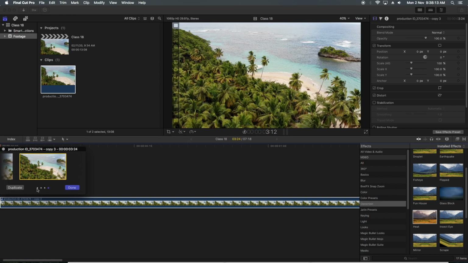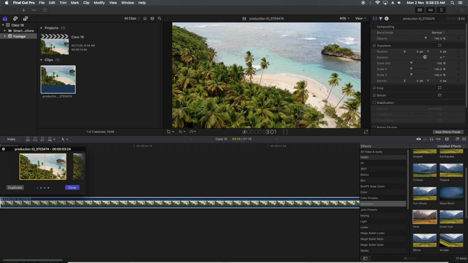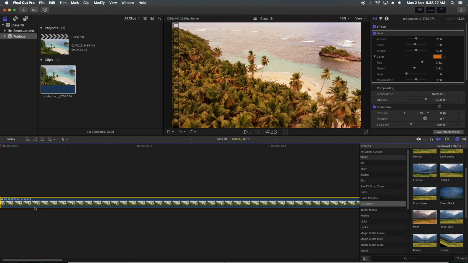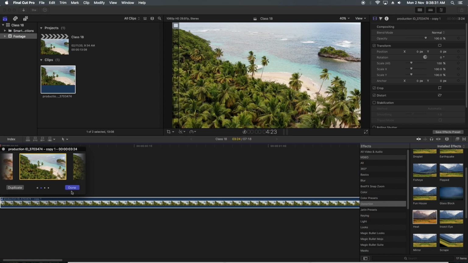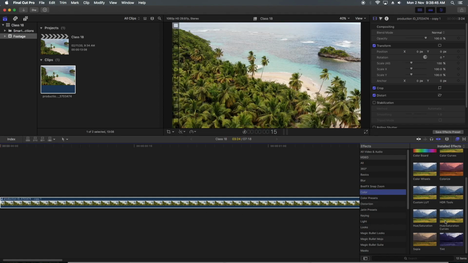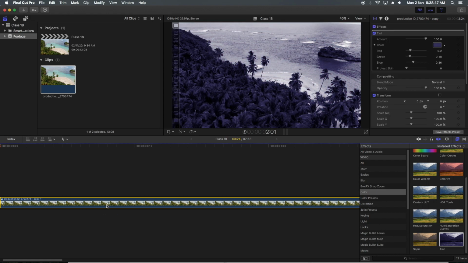So let's go to our first and drag this filter onto it. Let's click it, done, and we'll drag this filter. Okay, click here, go to next, make it done, and drag another filter, and let's drag this.